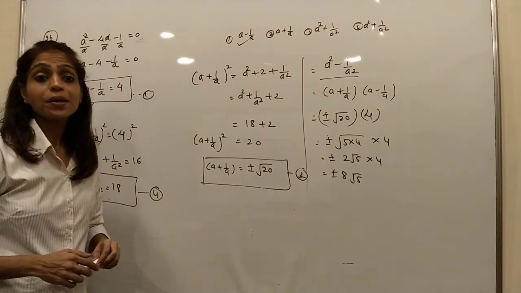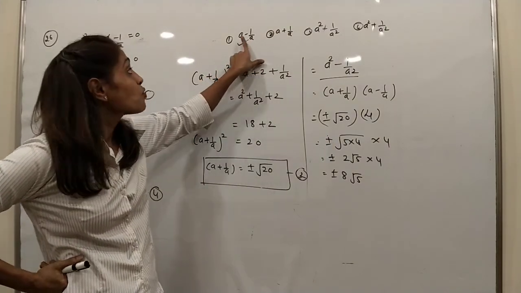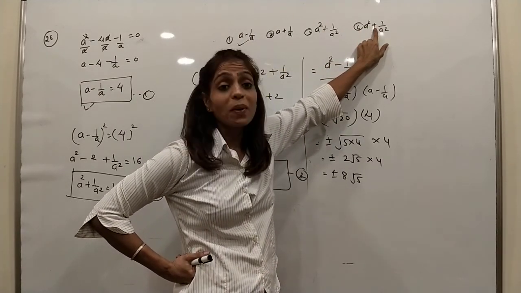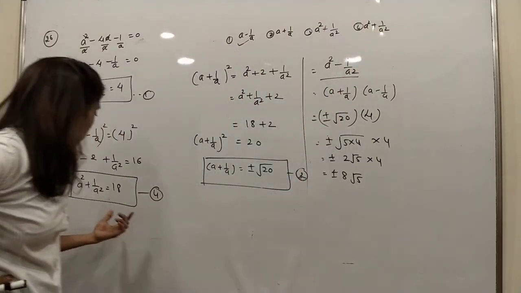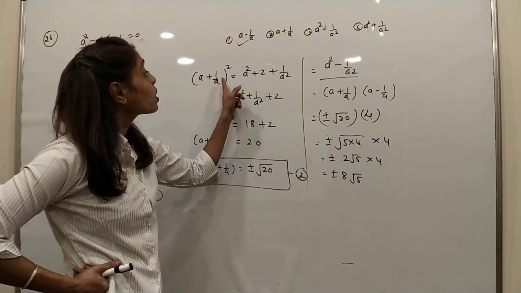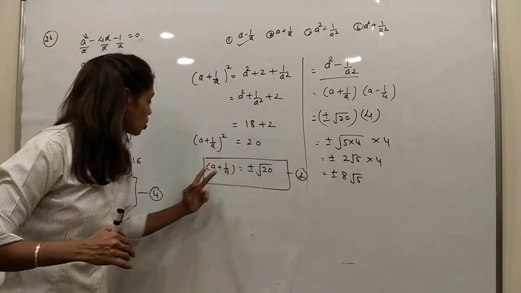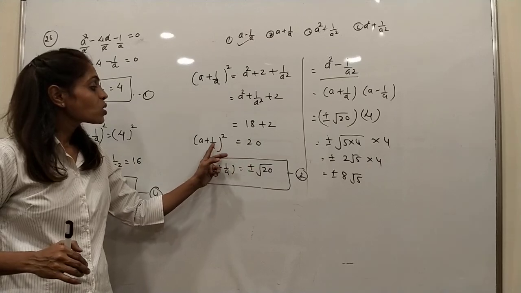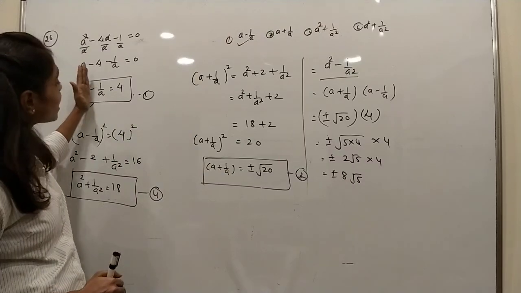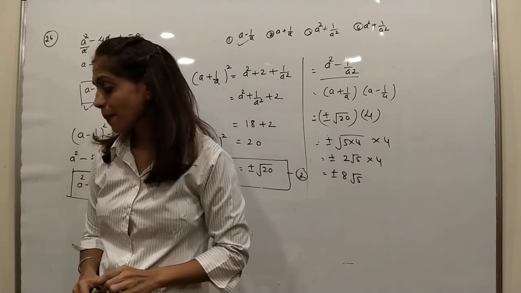Look, always remember, if I get the value of the single power, then I cannot directly find this. From the single power, I can find its square, but with the plus or minus sign in between. From the square I can now find the single power, because we have the formula a square plus 1 upon a square, and we substitute the value of a square plus 1 upon a square. So square on the other side, so a plus 1 upon a is plus or minus root 20. So from 1 time plus, 1 time minus, I can write a square minus 1 upon a square. Okay.